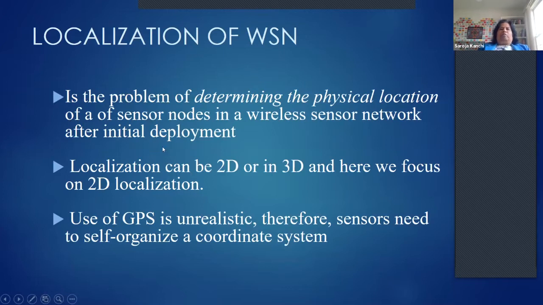So the idea is that once you deploy these sensors, they don't stay in the same place. They move from place to place, especially if you're trying to deploy them in a war zone. There's a lot of movement going on. And you want to eventually find the sensor so you can do the rescue mission, or you want to be able to locate the geophysical location of these sensors. And since they never stay where they are and they tend to move, we want to be able to find their location after a period of time or periodically during the mission.